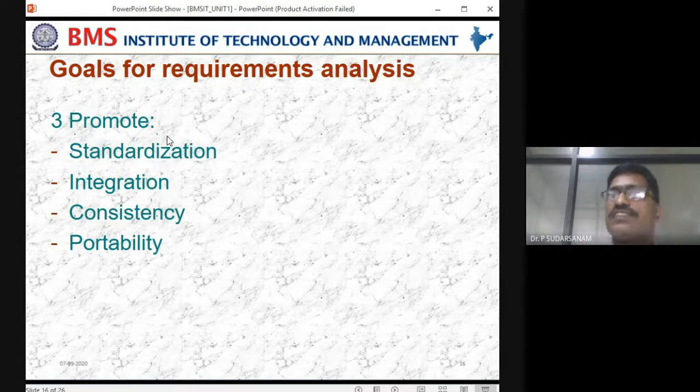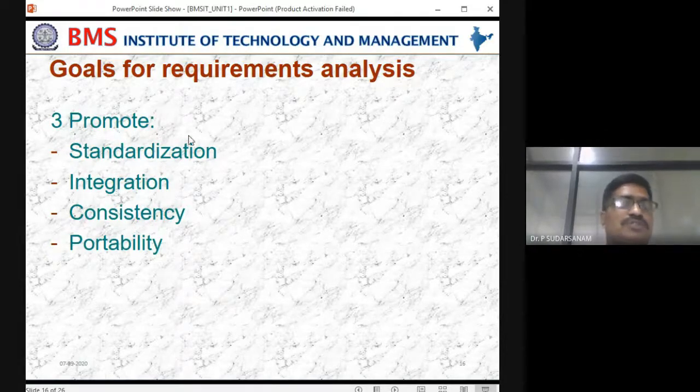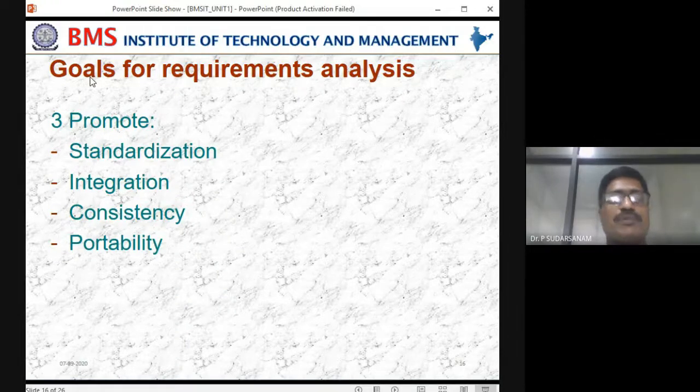Here it is with respect to UID. When you are doing this, we have to explain with examples only. Promote is nothing but standardization. When you are promoting, you need to follow the standards, standardization and standards. Integration is nothing but how you will be correlating between the different versions or different items. For example, if you take our own systems, you have designed one application, you have the front end, back end, server, database, whatever it will be. How you are integrating, how your correlation is between all these things, everything should work properly.